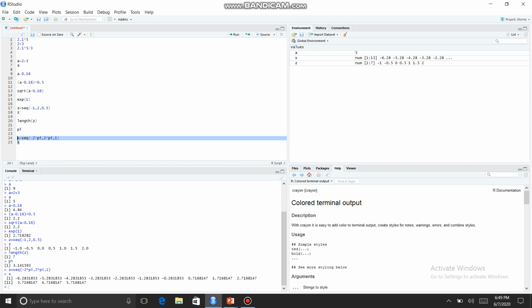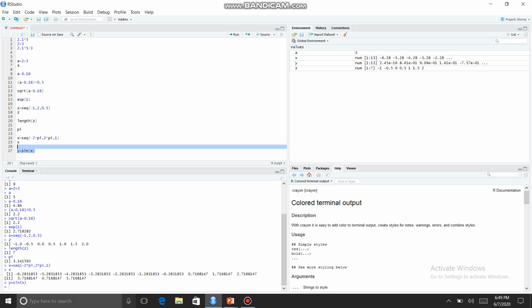Let us find the sign of the vector using sign and store it in y. Y is equal to sign of x in brackets. Select the code and click on the Run button. Now let us see what y contains.